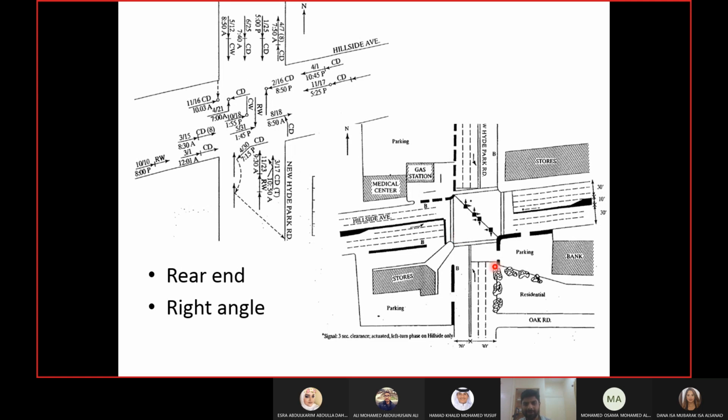Another reason can be the stop lines. The stop lines are marked on every side. You see the stop line on this side, the north side, let's say, Hyde Park Road. The stop line is close to the edge of the intersection where it should be. This is where it should be. But if you look at the other three sides, the stop lines are far from the intersection. They are well behind the intersection.